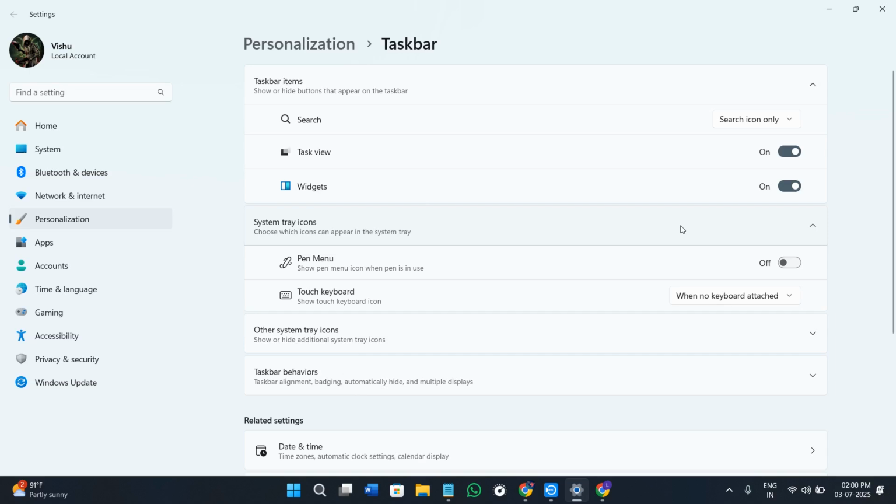Do you want to personalize your Windows 11 look with a different font? In today's video, I will show you an easy and safe way to change the system font very easily. So make sure that you watch this video till the very end so that you don't miss any of the important steps. Now without further delay, let's get straight into it.